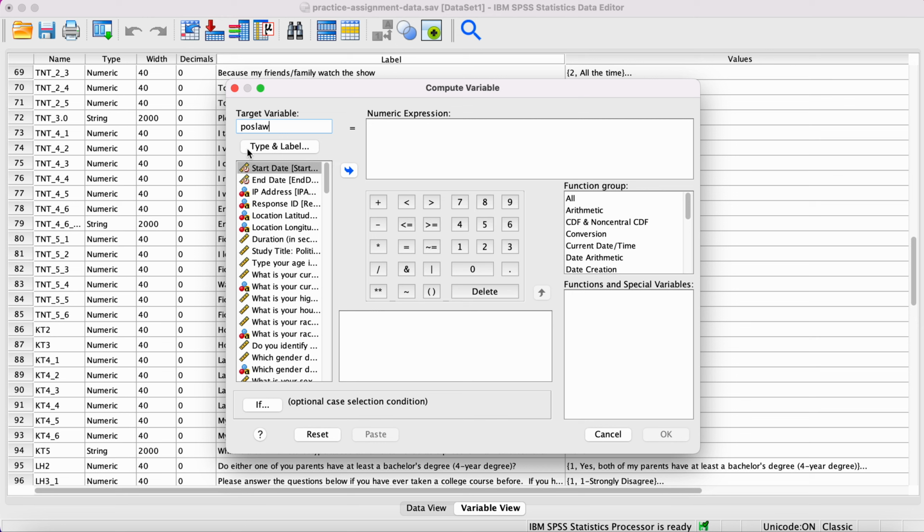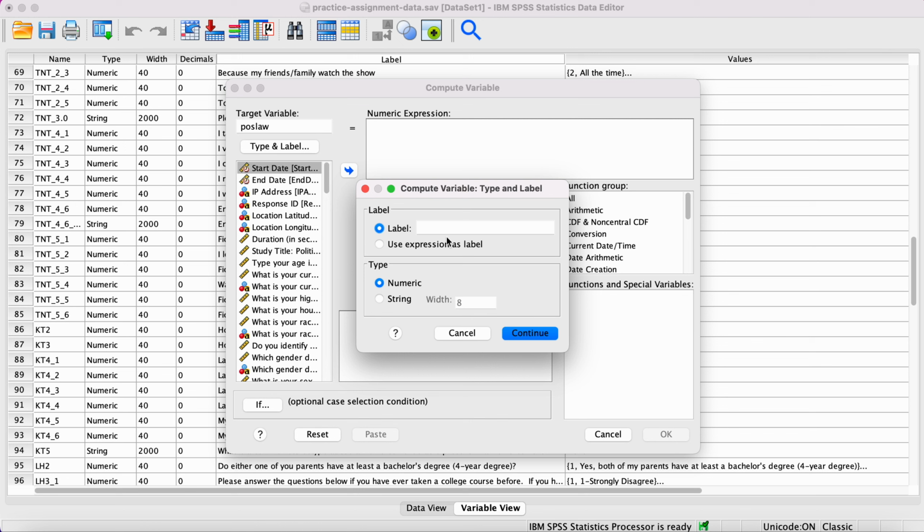So this will be the new variable type and label: positive law enforcement show influence. This is the label of our variable. Higher values mean more agreement